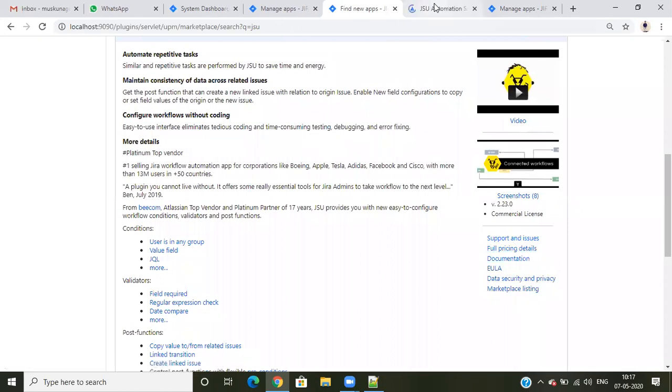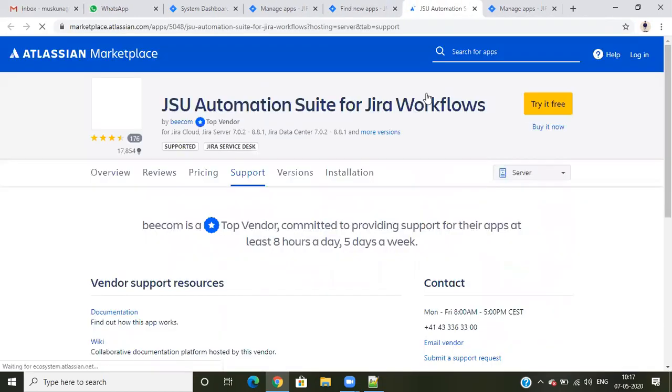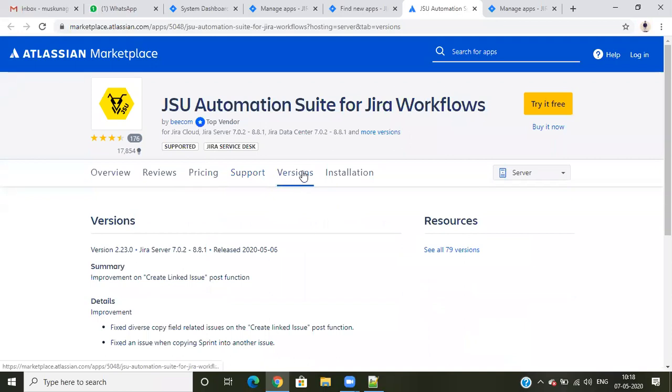When you open any link, it opens this plugin in the Marketplace, in a browser. Once it is open, you will get these options like versions. If you click on versions, you see all the versions. Just click on see all versions.